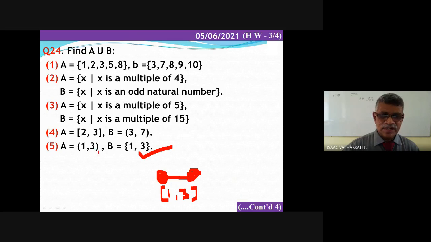The open interval 1, 3 includes all real numbers, not only 2. It is the set of all real numbers between 1 and 3; I cannot list them. And you are including 1 and 3, so their union becomes the closed interval 1, 3. Is it clear? 1 and 3 are not in the open interval, but I am including them here. I hope the concept of intervals is very clear.